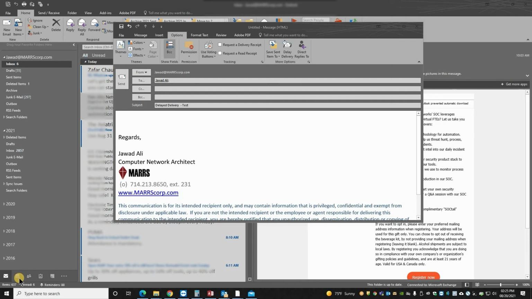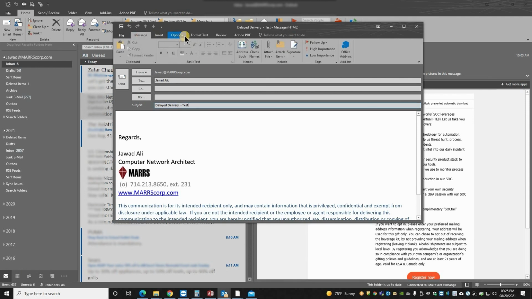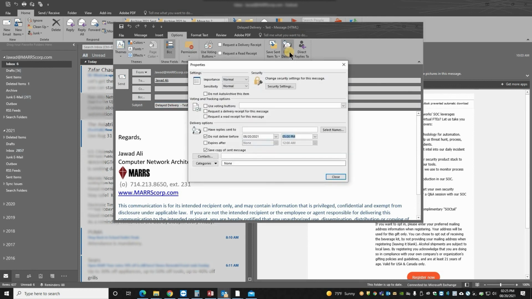The next tip is delayed delivery of a message. Let's suppose you want to send a message right now, but you don't want to deliver it to the recipient until after 2 days. You can delay your message by going to the Options here on your message. Click on Options, and then click on the Delay Delivery option.